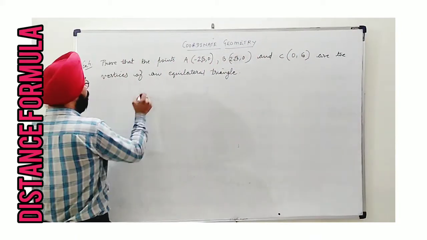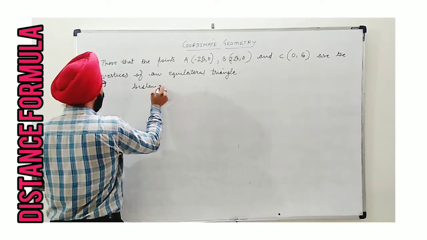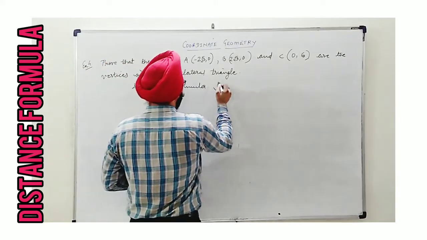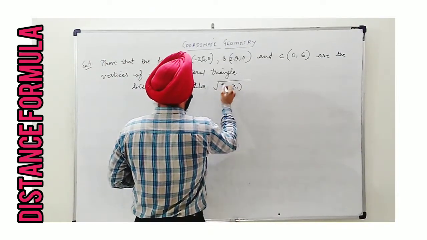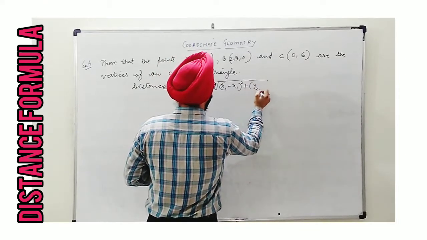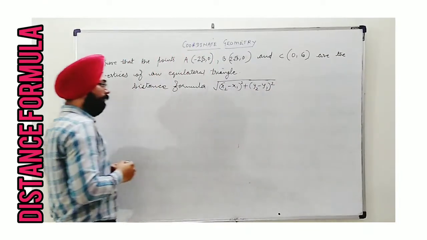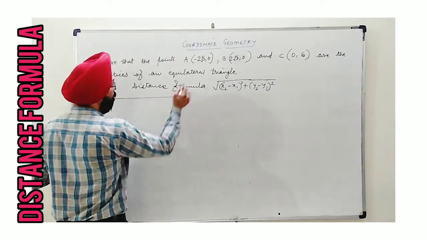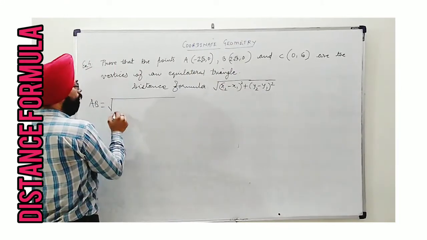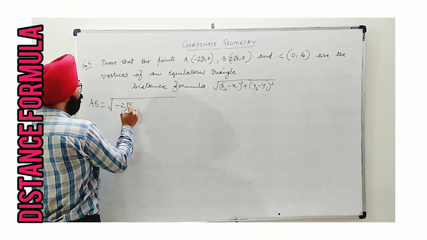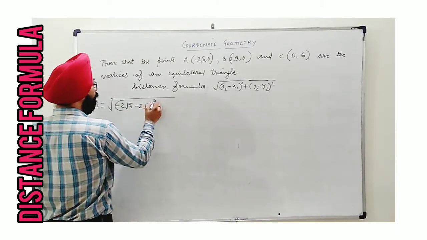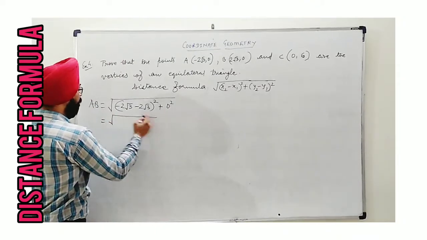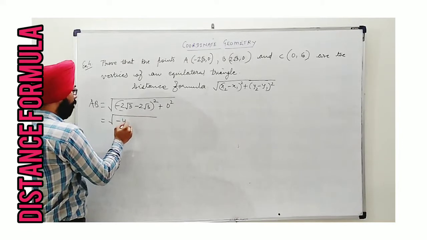So, as we know that distance formula, if I write in general, will be given as under root x2 minus x1 whole square plus y2 minus y1 whole square. Now we need to apply this in AB first. AB, find difference between first two values. So this will be minus 2 root 3 minus 2 root 3 whole square, 0 minus 0 whole square will be 0 obviously. Now these two, as same sign, will be added, so this will become a square on minus 4 root 3.